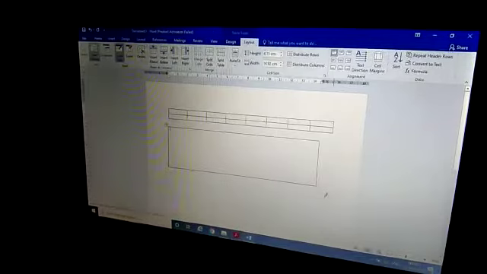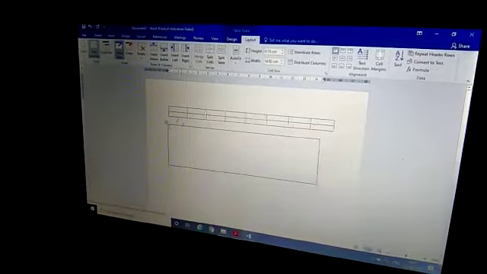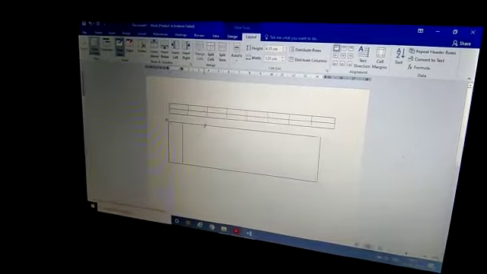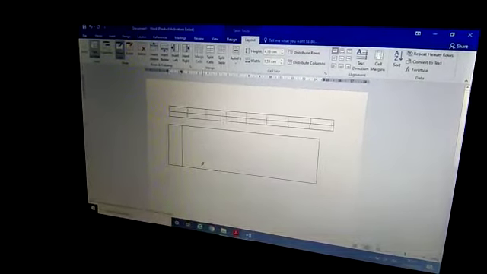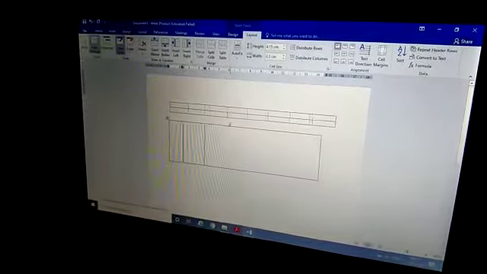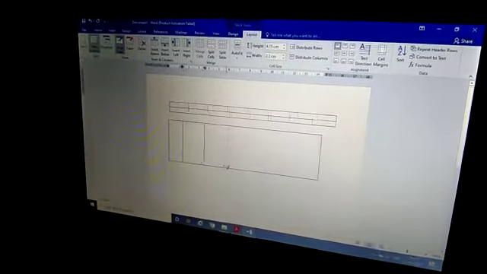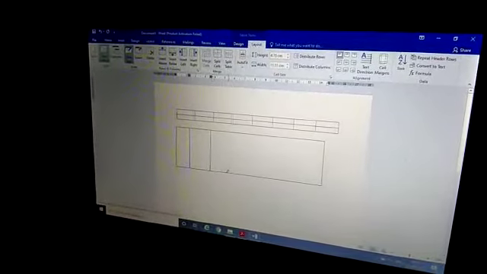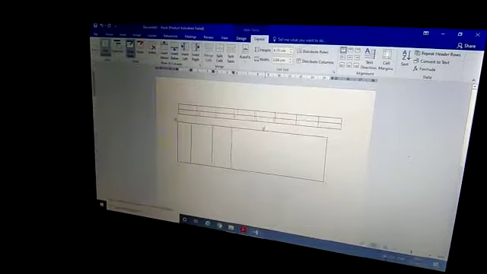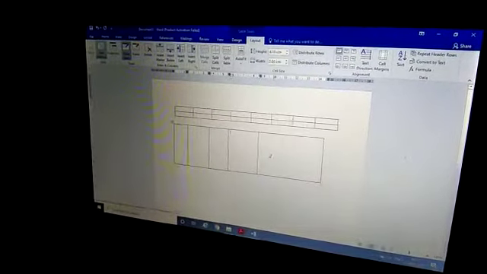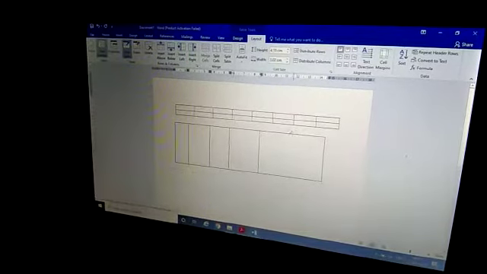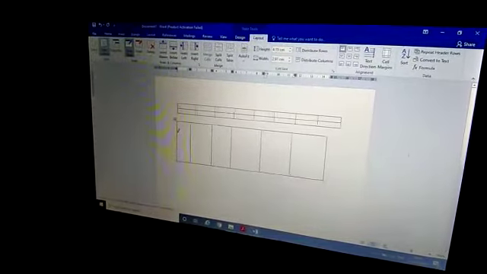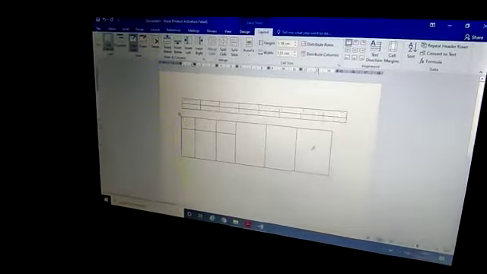drag the mouse. You have drawn the table. Now in this we have to draw the column: a straight line will create a column. Now the horizontal line will create rows.